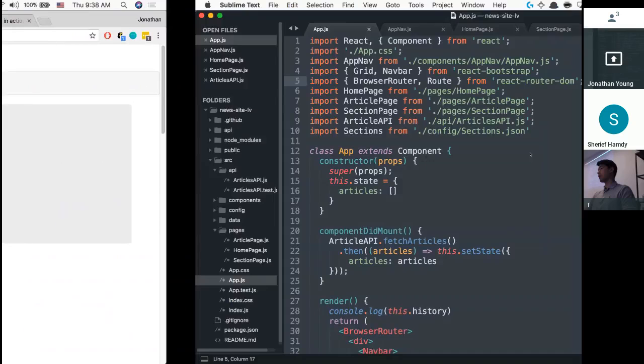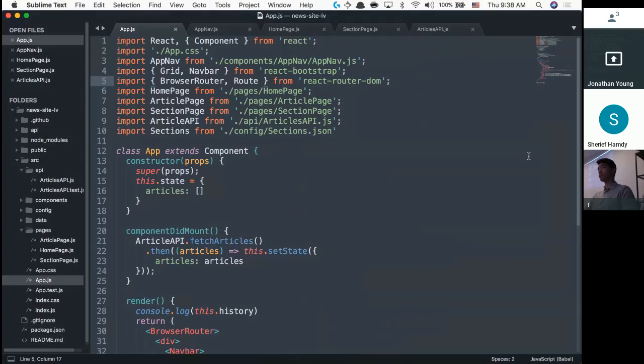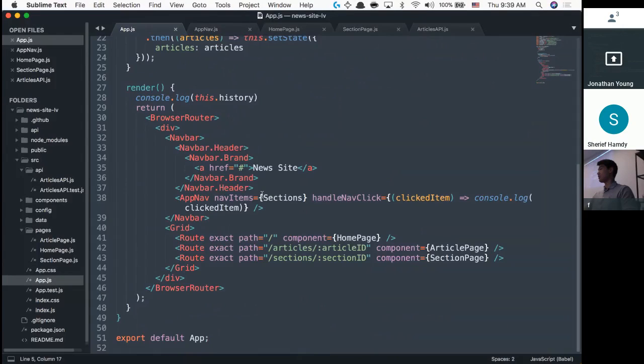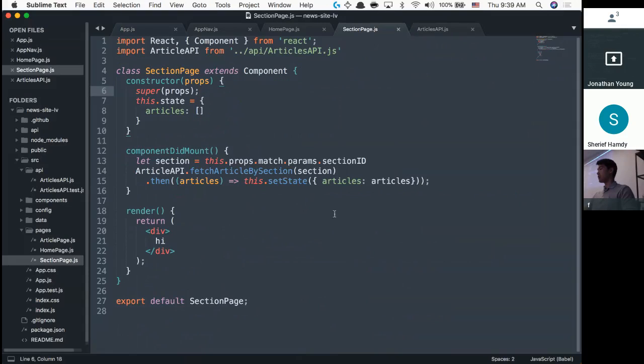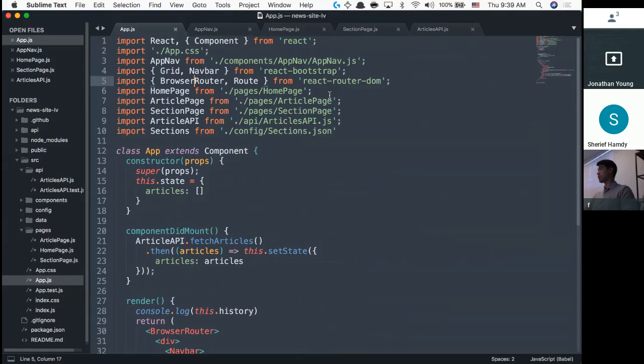So as of right now, I was incorrect. You can't do this props.history on the main app.js page. So I think I was going a little bit prematurely. Sorry about that. So right now we have, again, just to recap where we started,